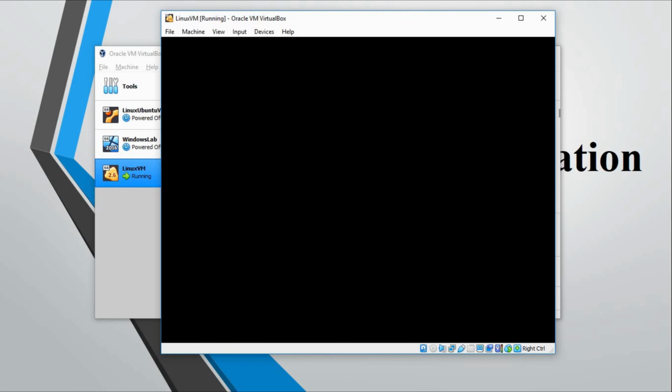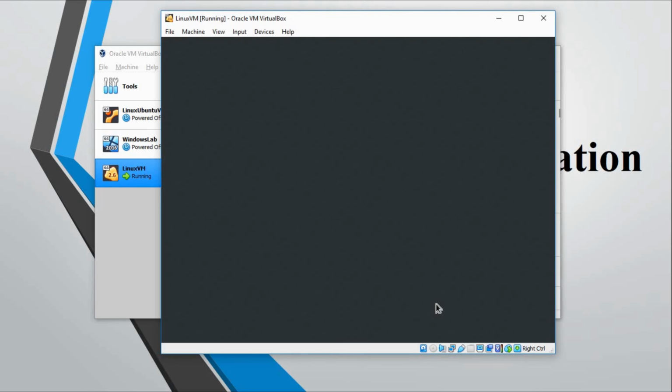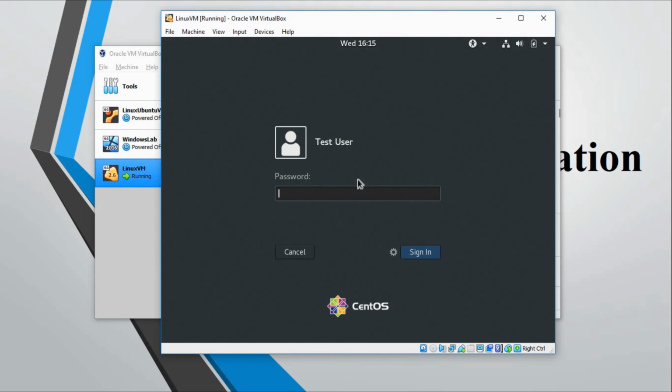Now it is going to start the CentOS 7 GUI. Alright, so go ahead and click on your username because this is the same user which you created earlier during the installation. Provide your password, and once you provide your password, go ahead and click on sign in.